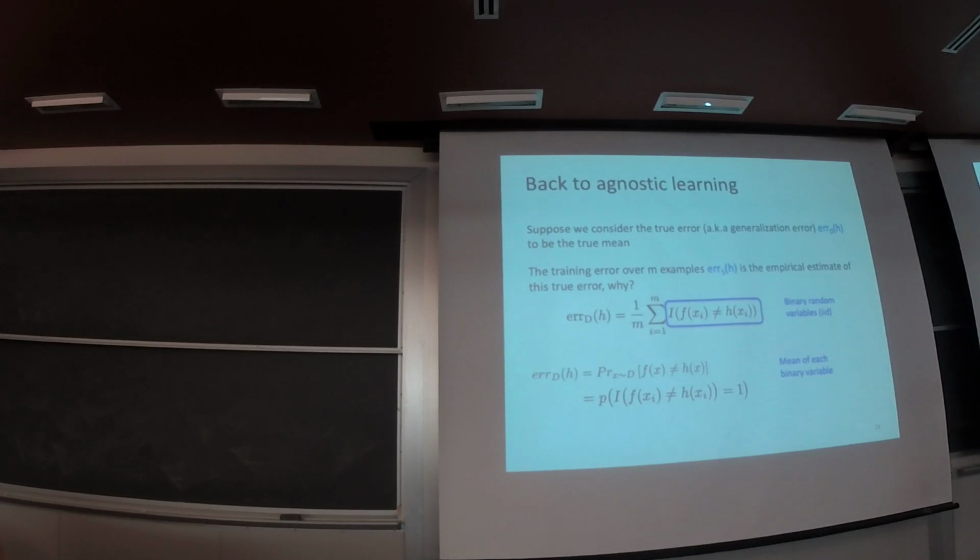It is the true error. Why? Let's take a look. What's the definition of the true error? The true error is defined as the probability that our prediction is different from the target's prediction when the input example is sampled from the underlying data distribution. Then when your prediction is wrong, what is the value of the indicator?